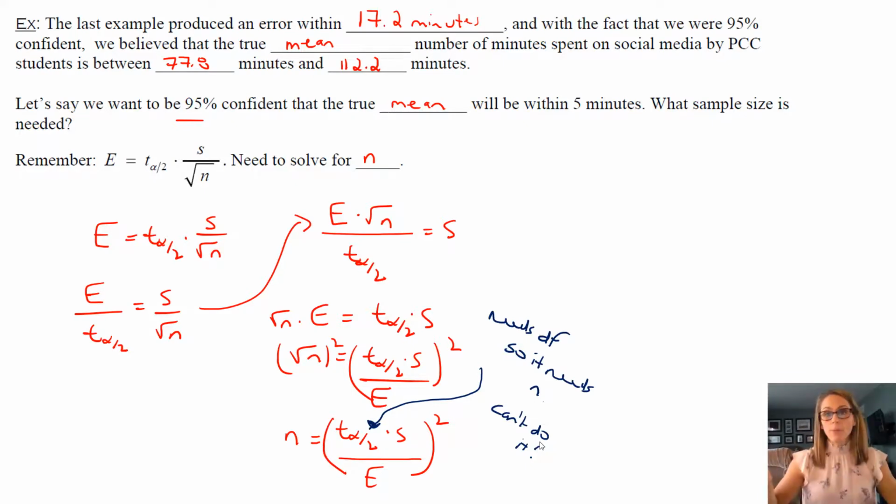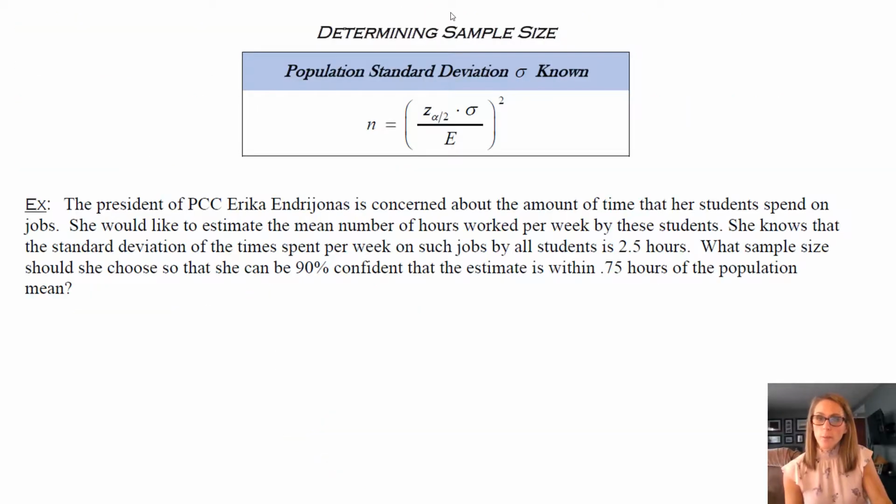So the only time we can do it is if we know something about the population standard deviation. So the only time we can determine sample size if we're talking about a mean is if we have population standard deviation. It's a weird thing to have. It would be very weird to want to estimate a population mean and somehow you have the population standard deviation, but it's the only time we can do it because otherwise, if all we have is a sample, it's just not possible. We don't have enough information.